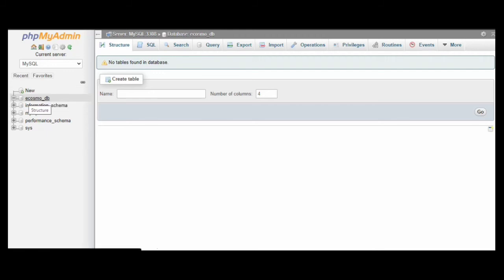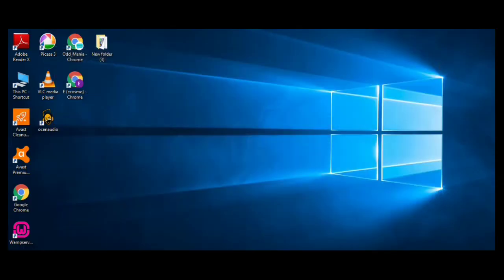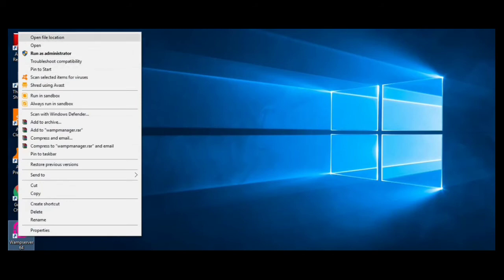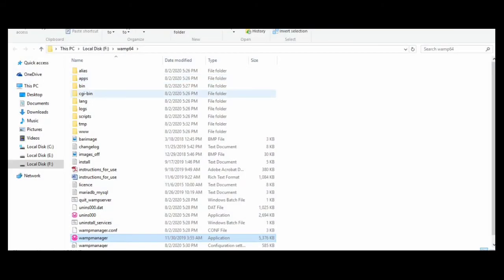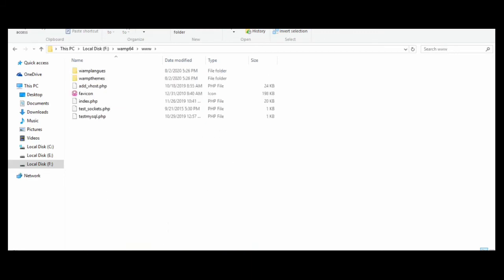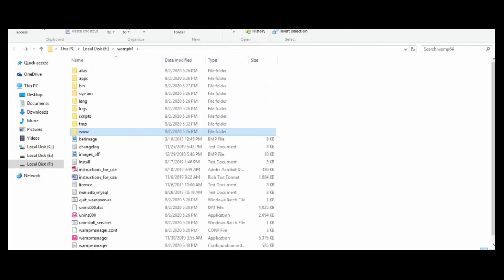Just remember the name of the database that you created. Now you have to go to the file location of the server. I have installed it on local disk F, or you could install it on your C drive. This is the www folder where we will install our WordPress files.